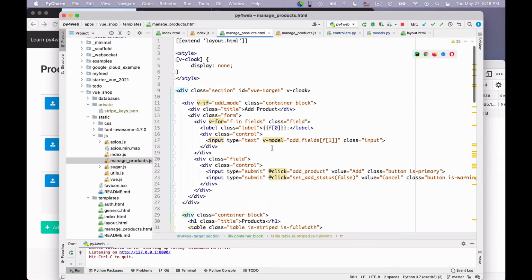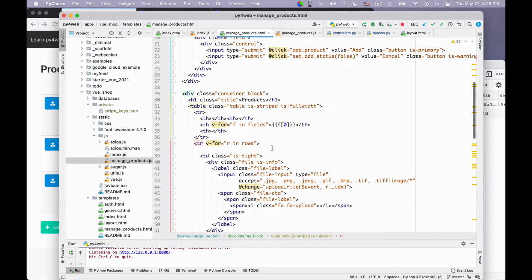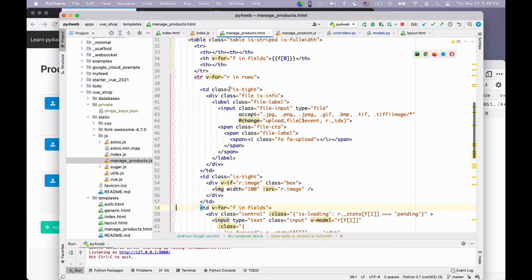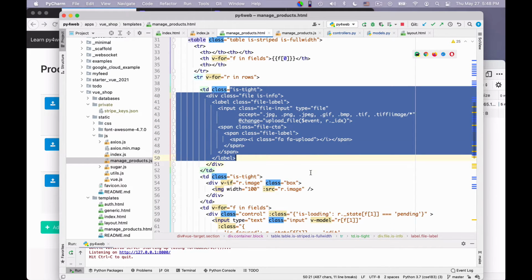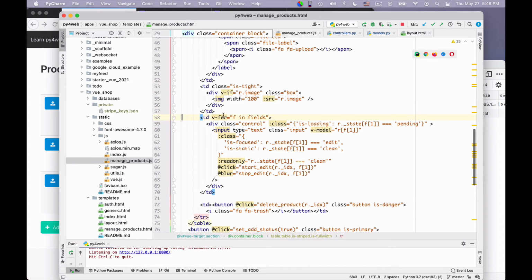generally speaking, you can look at the details, but there is some code to deal with the upload. This is the upload button, and this is the image. Then there is a loop. The whole fields of the table is done between these lines, between this TD tag and its closure here. That's where all the action is that produces all the rest of the table, because I iterate over the rows, but also I iterate over the fields so that I don't have to repeat code.